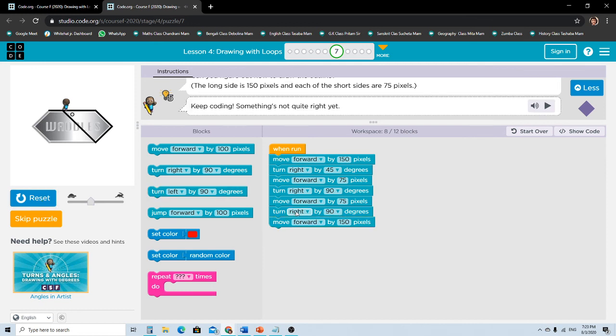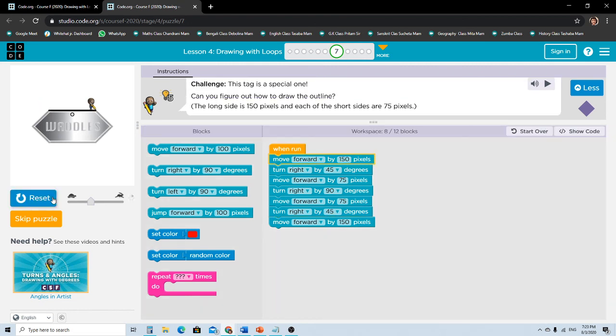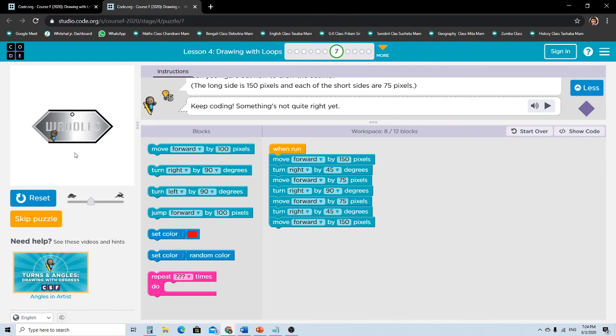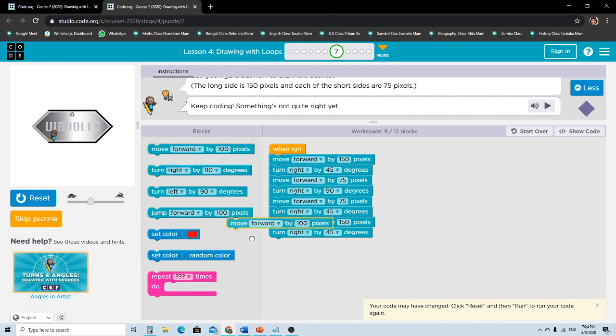Something is wrong with the turn right. Okay, so it should be 45. So turn right 45. Move forward 75.